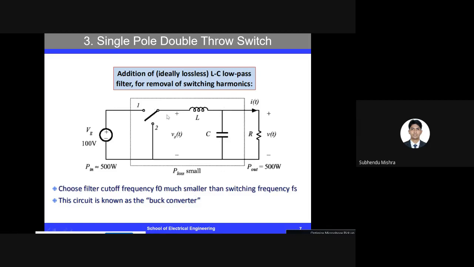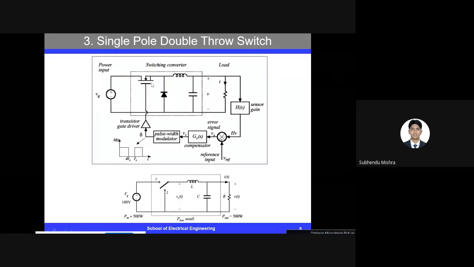And what about these two particular points? We will realize this using a transistor and a diode. When the transistor is turned on, it is turned on in the saturation region, and in the saturation region the value of VCE is very small. Because of that, the losses associated with this transistor will be low. And when it is at position 2, it is going through this particular diode. So there will be no losses, and we can also control this particular circuit much better.